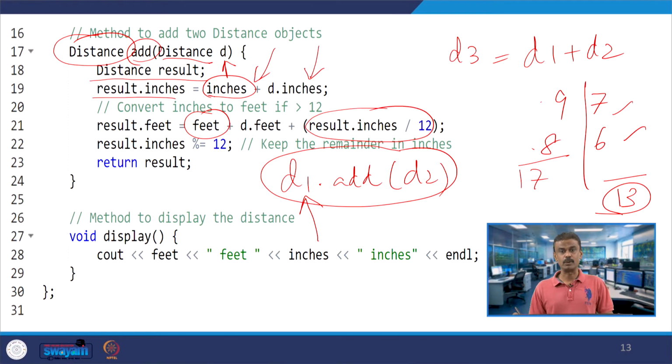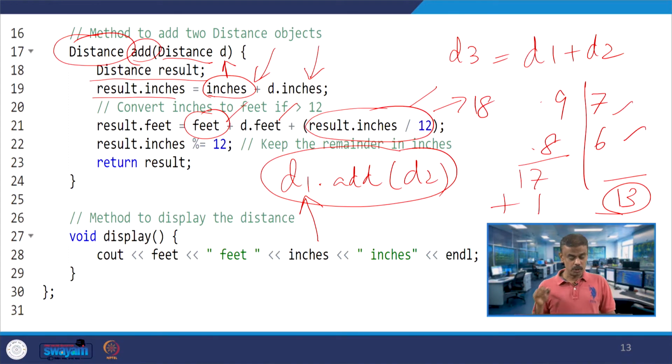So 13 by 12 integer division is 1. So 1 will be added: feet plus D1.feet and result.inches divided by 12. 17 plus 1, so right now it will be 18.